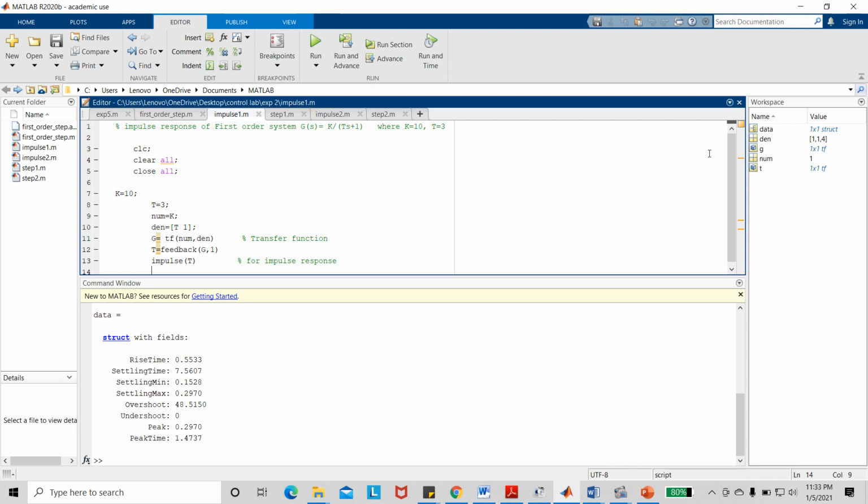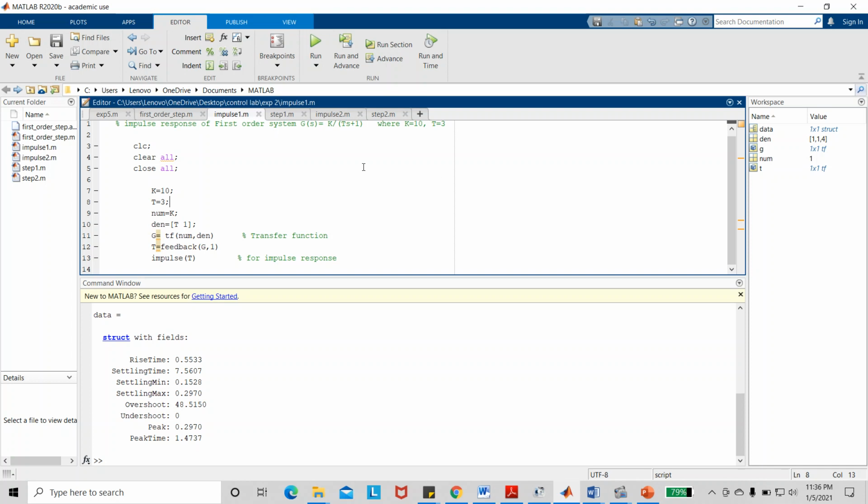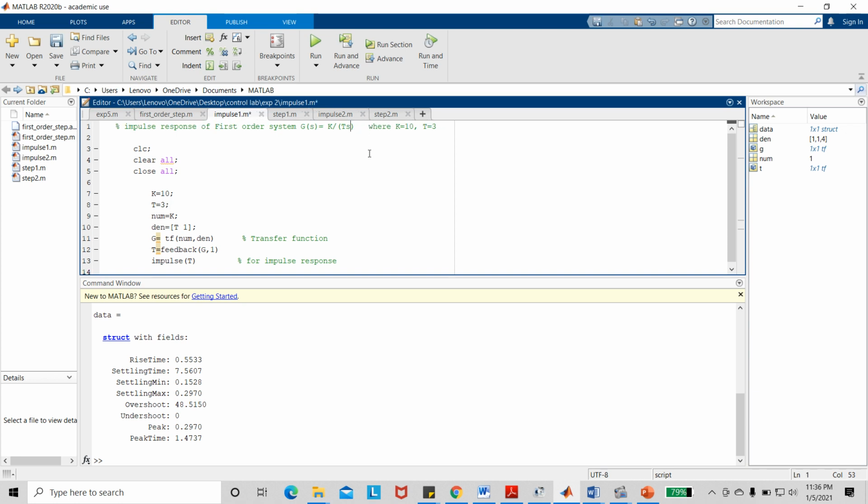Here we take the forward path transfer function G(s) equal to K by Ts, where K equal to 10 and T equal to 3.